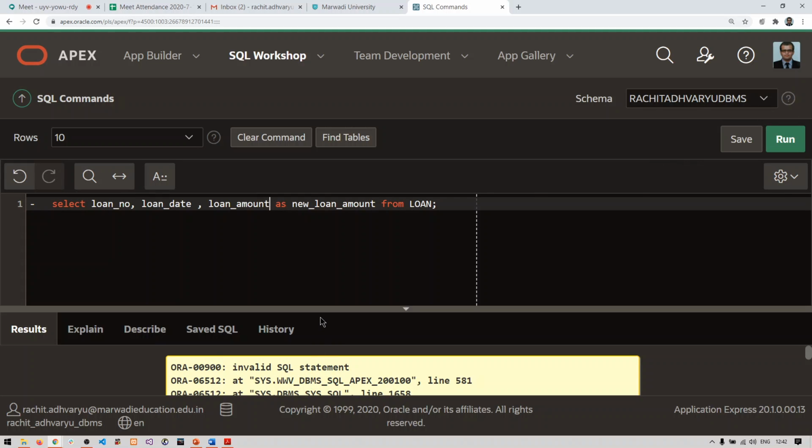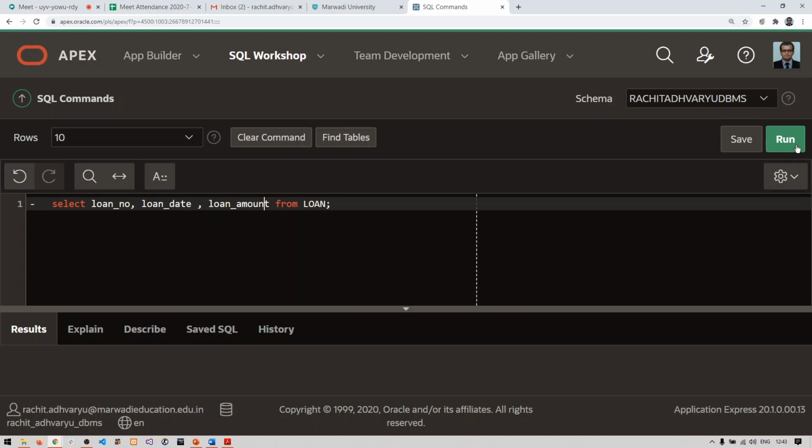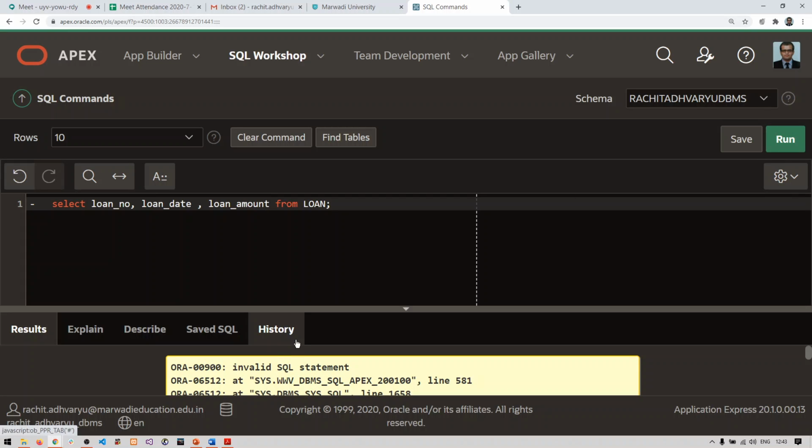Invalid SQL command. I think it is AMT, not amount, in my table. Maybe. Let me just see. What is the problem?